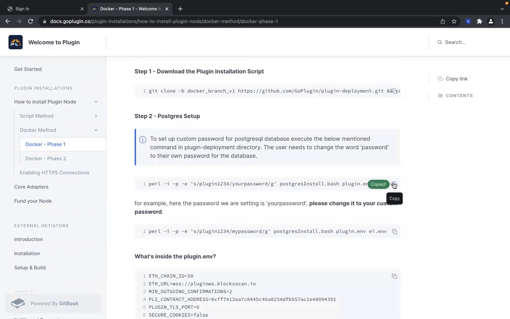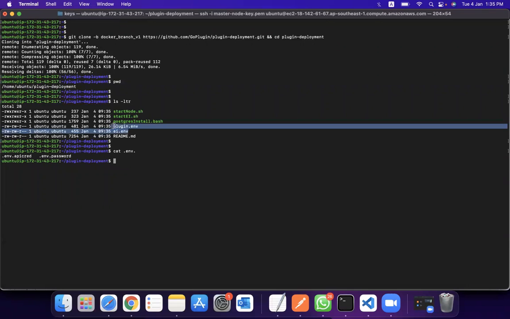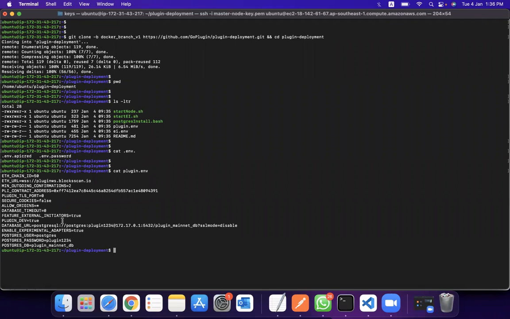And this is going to be the next step. Once you clone the directory, you can see here we have a couple of env files, and a couple of these env files are hidden because they contain a password. These two are the configuration files, the plugin.env and ee.env. These two contain the environment variables which are required to run the plugin node, and this is the environment file which contains the variables to run the external initiator. Let me quickly open this and show you what it contains. It contains a set of predefined parameters like the chain ID and the WebSocket URL. You're not going to touch this part at all.